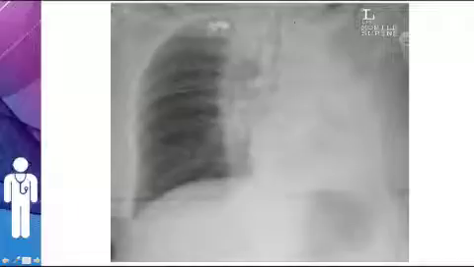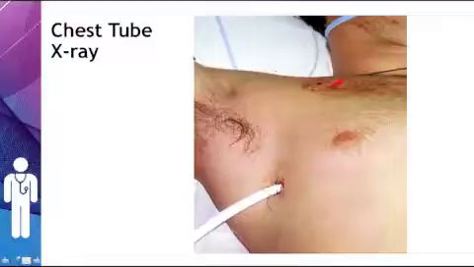Here's an example of an endotracheal tube in a right main bronchus intubation. The right lung is up and the left lung is down, so you need to pull this tube back. Chest tubes. Chest tubes are commonly placed in the ED